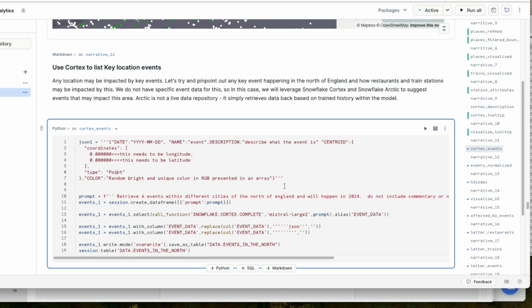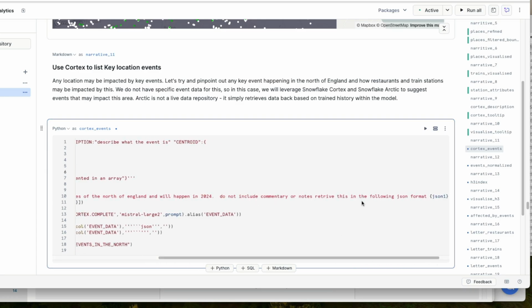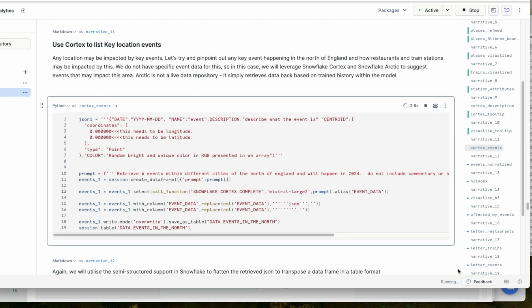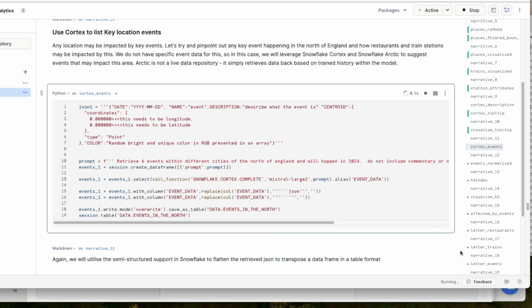does use historical data. And here's our prompt: retrieve 6 events within different cities of the north of England that will happen in 2024. Do not include commentary and notes. Retrieve this in the following JSON format. So we're going to retrieve it in the JSON format, so then we can actually use it effectively to layer onto our map. Once we get that data back in JSON format, once again, we'll use Snowflake's native tools to be able to translate that semi-structured data into a relational data frame, and we can then add that onto our